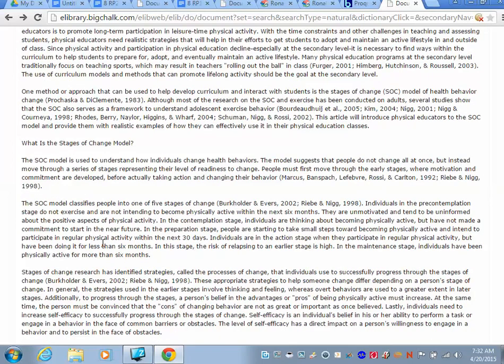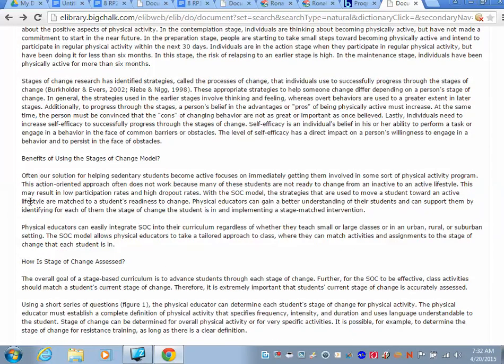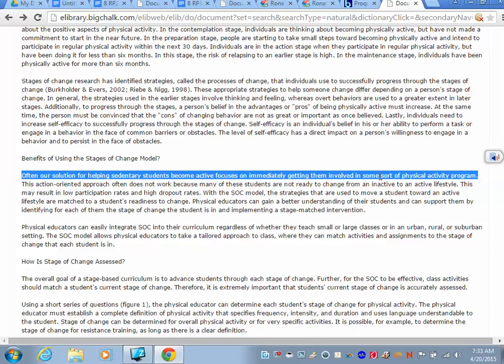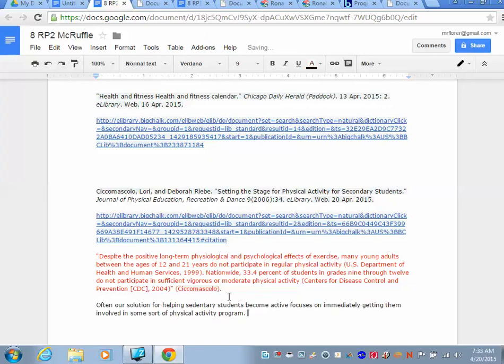and I'm going to talk about another sentence that I thought was interesting here. "Benefits, often our solution to open become focused, getting them involved in physical activity program." And I think that that is a good sentence that I could use. So I'm going to copy that. I'm going to go back to RP2, and then I am going to paste it in. This is a quotation from this source,